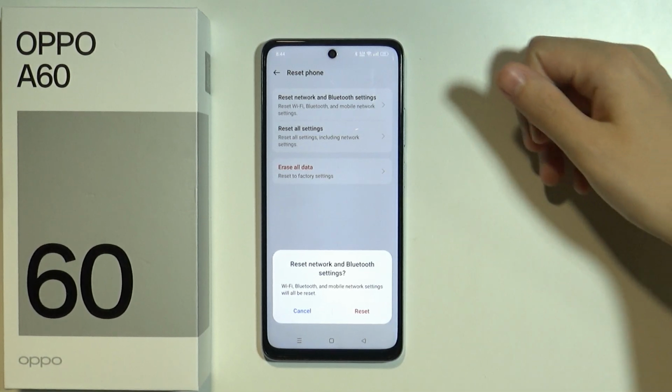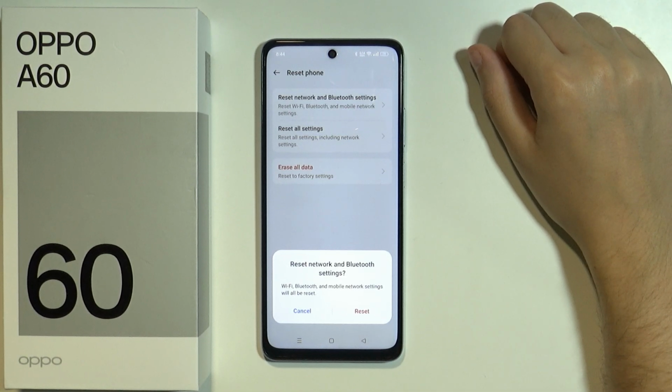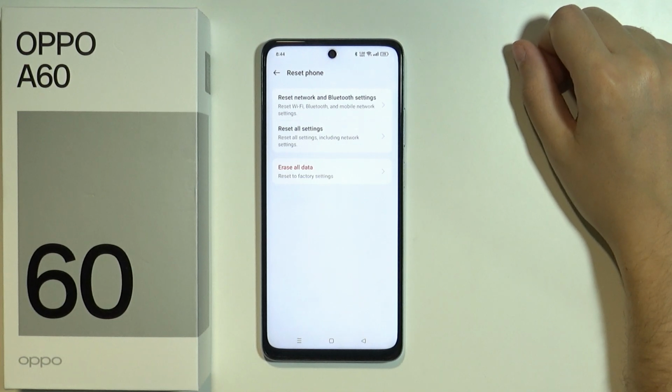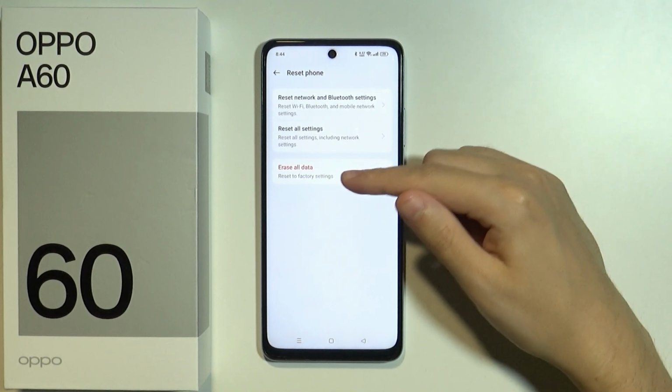After that, go through these previously mentioned settings one by one more time, and make sure that the SIM card is enabled and the mobile data for the network of the SIM card is also enabled. And that's it. If that doesn't help, then the last thing that you can do is, of course, erase all